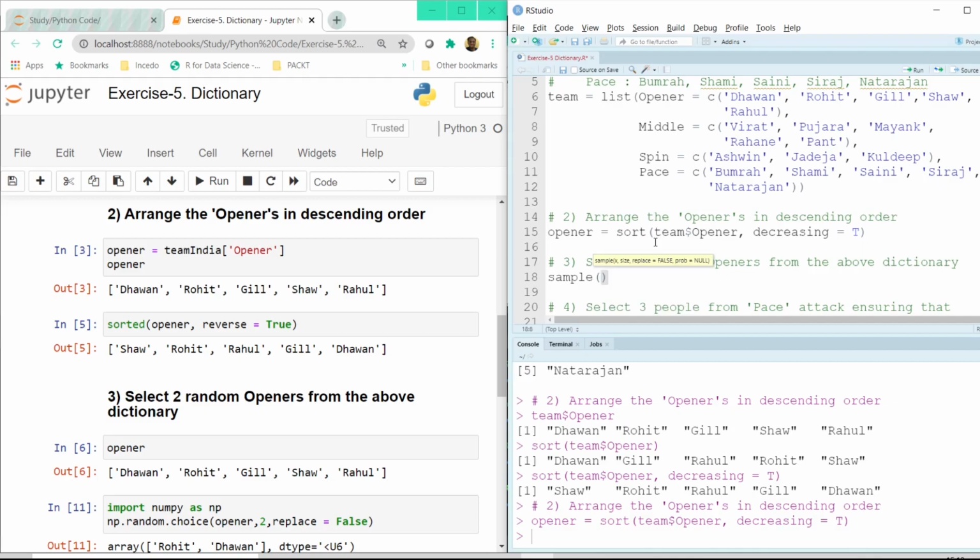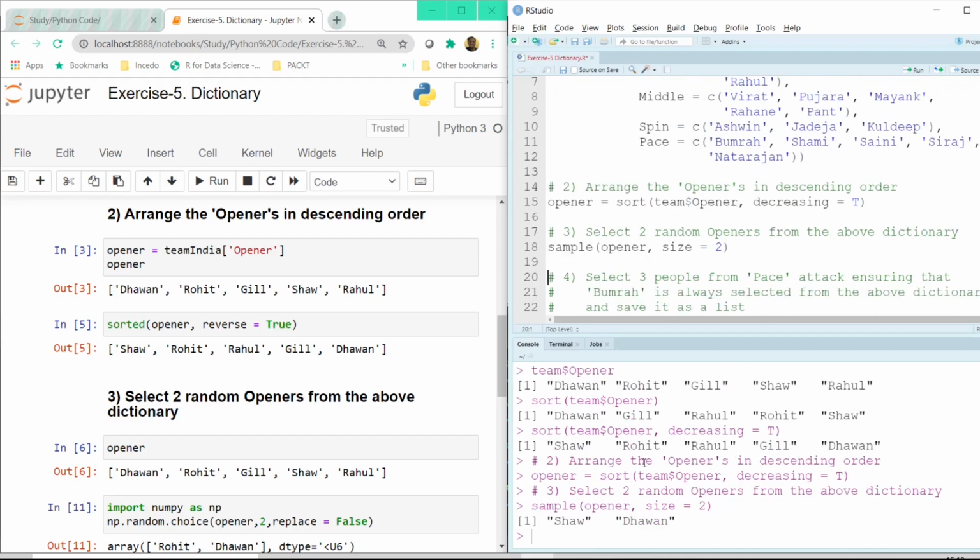So inside sample, we just have to pass the opener variable that we created here, and let me just mention the size as 2 here. And once I click on the run button, it gives me Shaw and Dhawan as two openers that I can select.